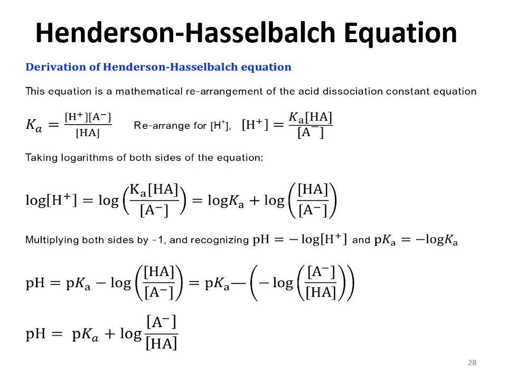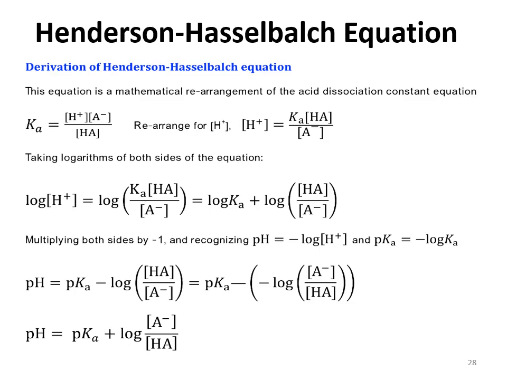So taking a logarithm of both sides of the equation, we have log of hydrogen ion on one side and a log on the other side of the whole equation. So it will equal the log Ka plus, we are separating it in the next step, the log Ka plus log